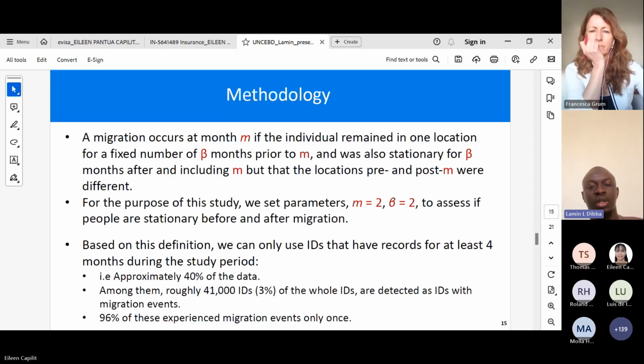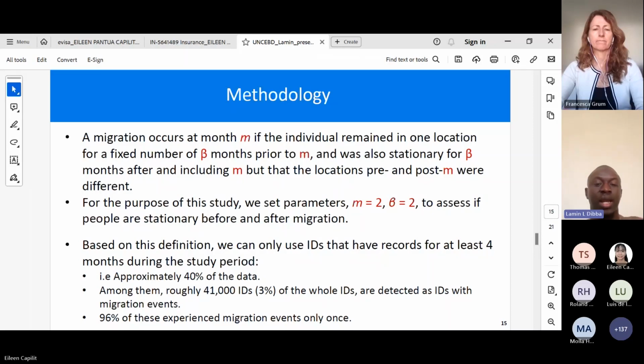So we looked at migration from two perspectives. Migration occurs at a particular number of months. At one location, we expect that the person must spend a minimum amount of time there. And once the person moves, there's also another period that the person was expected to be there. These attributes were given the values of M and beta. So basically, the parameters M and beta were set at 2. Minimum, the person should be 2 months at the location of origin, and after movement, the person should be at least 2 months in that same position. That way, we see that there is migration, and this basically was what was used for this